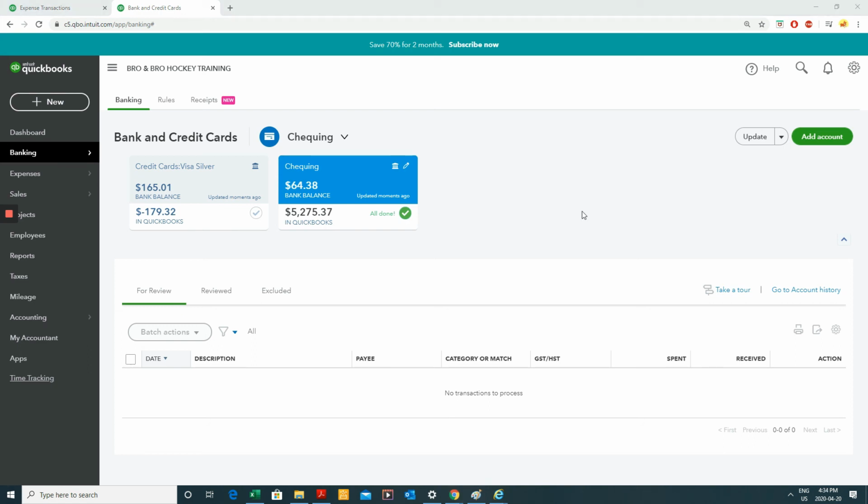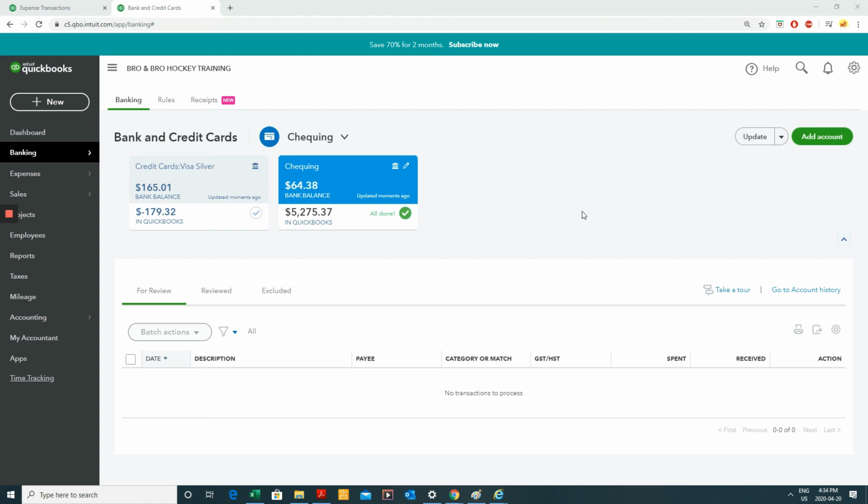Some final things that I didn't mention is we saw add, we saw match, we saw view under action. There's another thing you might also see, which is transfer. And that happens when you're transferring an amount from one account to another account. So it's possible that you have a checking account and you transfer money from one checking account to another checking account. In that case, QuickBooks is very often smart enough to know that you're transferring amounts from one account to the other. So look out for that transaction